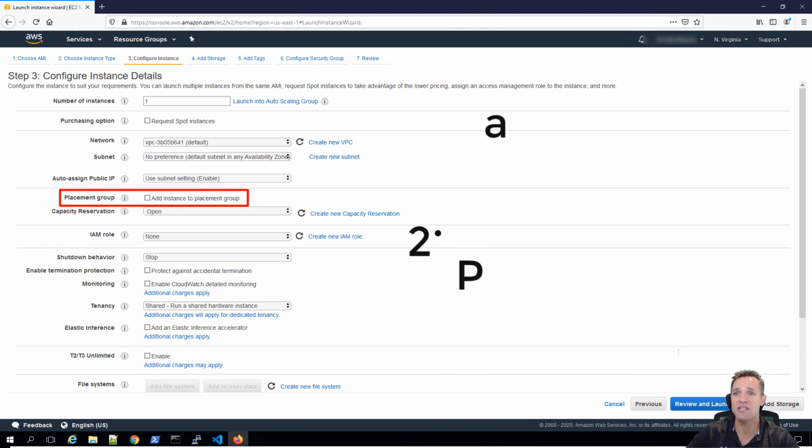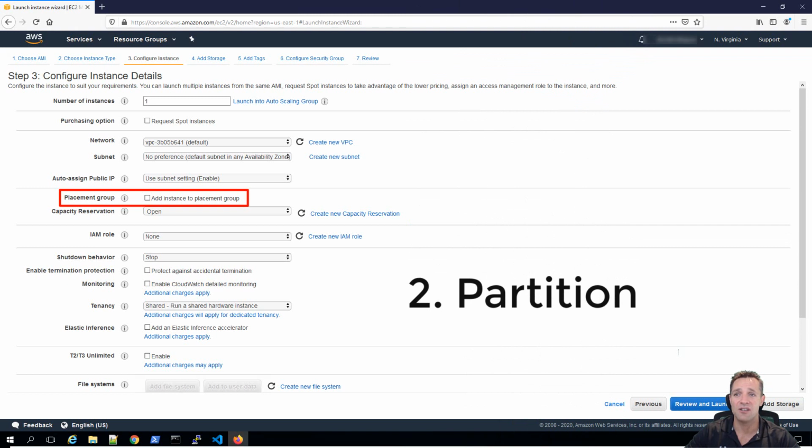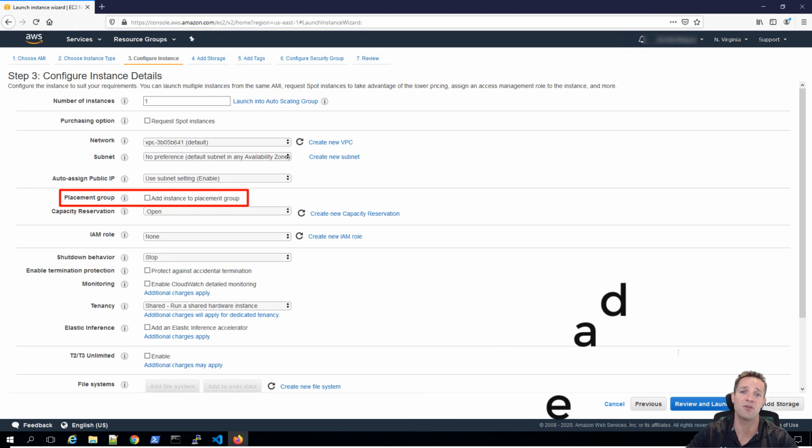The second option is partition. It's within the same availability zone, however, each partition has its own set of racks. A partition can contain multiple unique EC2 instances. And the third option is spread. Same availability zone, however, each EC2 instance is placed in distinct racks, so basically that means an EC2 instance per rack. We're not going to be using placement groups in our demonstration, so we'll move on to the next option, which